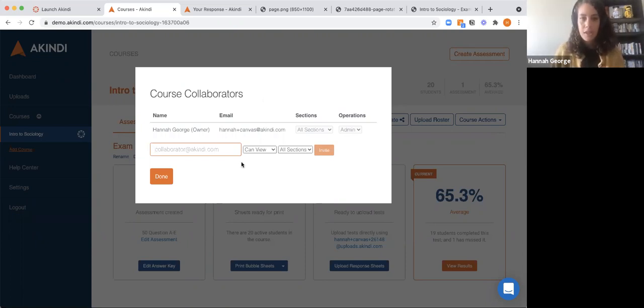So for example, if I wanted to add Krista to my course, because she already has an Akindi account, she's going to appear in that list. If she didn't, I would just enter the full email address. I can then choose the permissions that she would have for this assessment. So I can choose view, edit, or admin permissions,